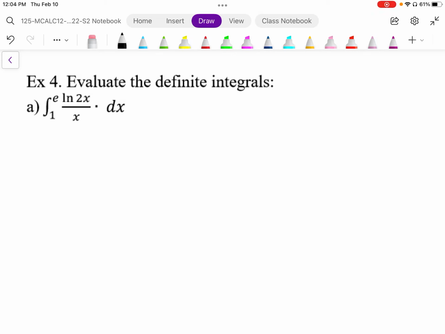This definite integral is going to find the area under the curve from 1 to e on this function here. So I'm going to anti-differentiate and use the displacement on the antiderivative to calculate the area. So to anti-differentiate this, I'm going to use substitution. So I'm going to let